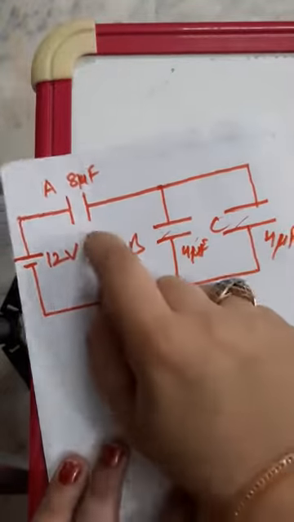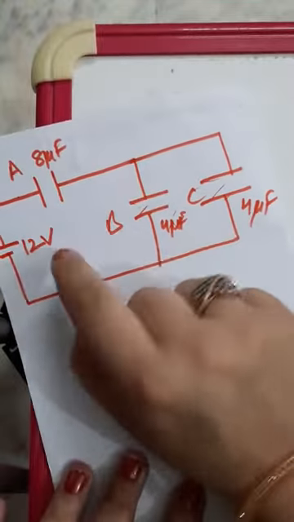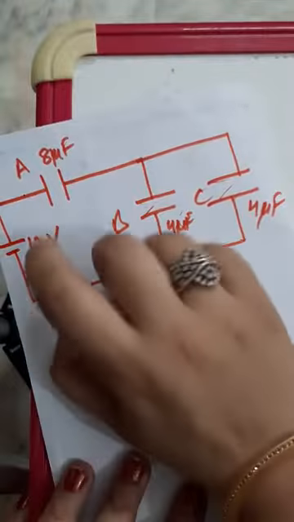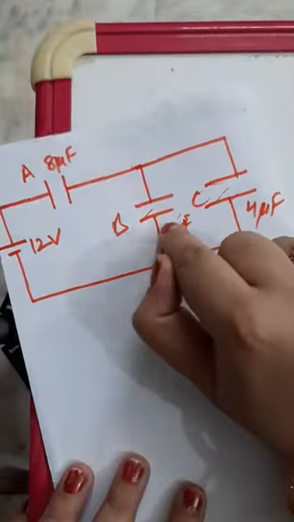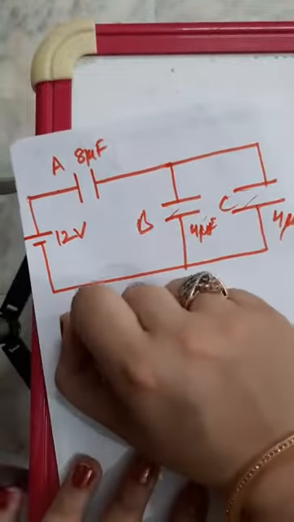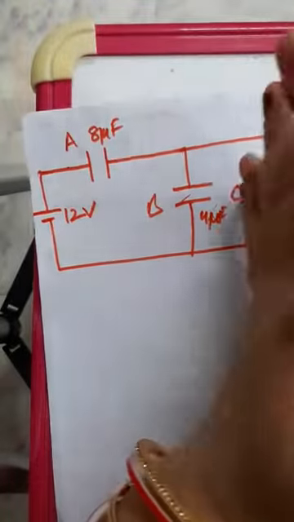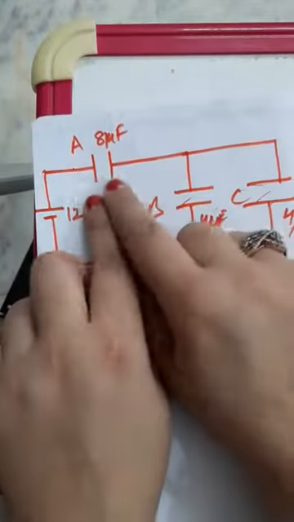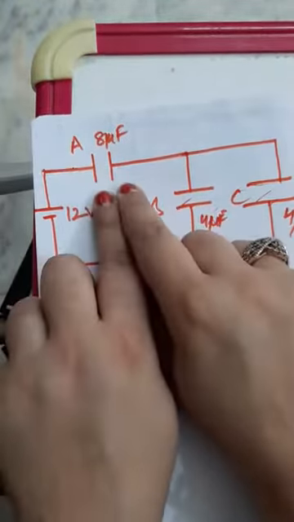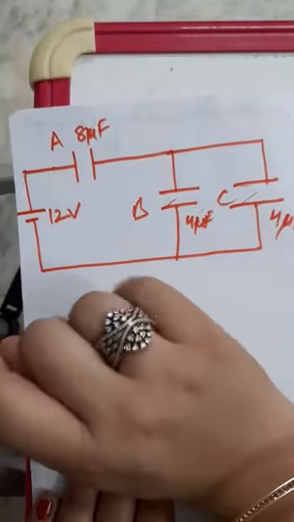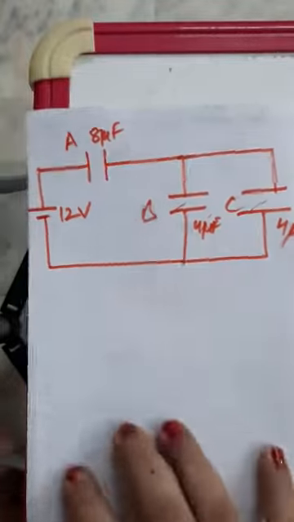One more question that we'll be doing over here. See, this is a circuit. A, B, C are 3 capacitors having capacitances 8 microfarads, 4 microfarads, and again 4 microfarads, and this is a battery. See, capacitor and battery have almost the same symbol. It resembles, but a capacitor has 2 equal lines representing 2 plates, and a battery has 2 unequal lines representing the positive terminal and negative terminal respectively. Okay, so try to get it.